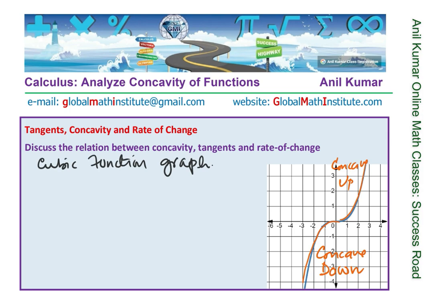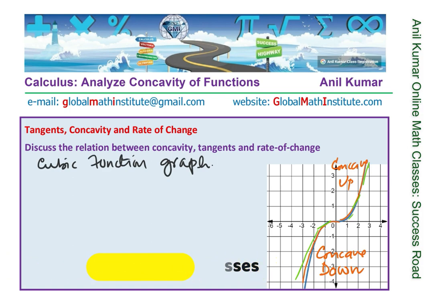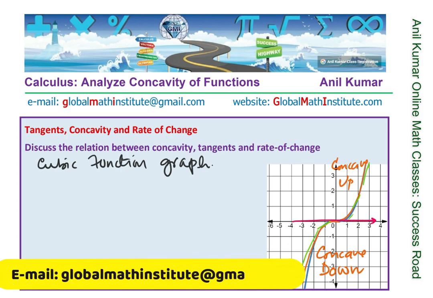Well, our properties which we learned: if I sketch a tangent anywhere on the concave down portion, then the tangent is above, right? Correct? And on the concave up, it is below. So those things still work. But see, we do have right in the center, if I draw a tangent here, what happens? It goes through the curve. So important thing here is that